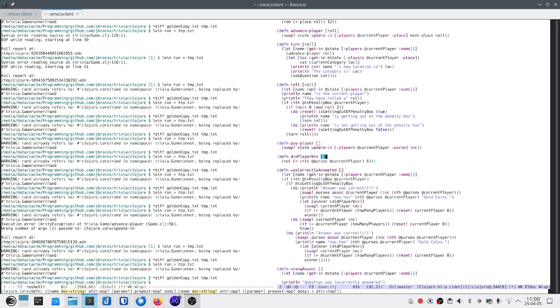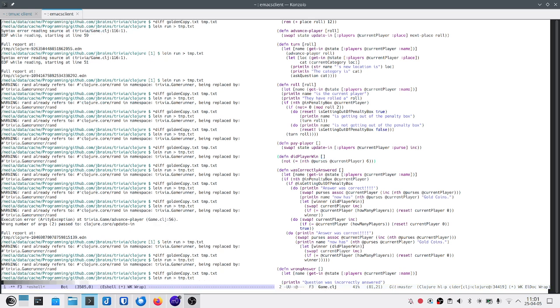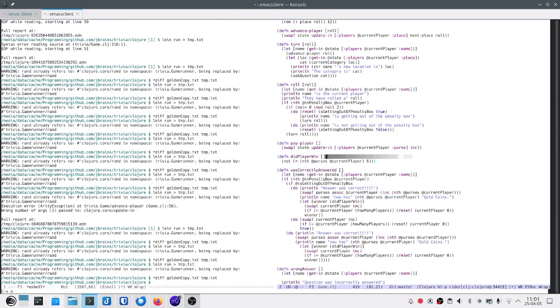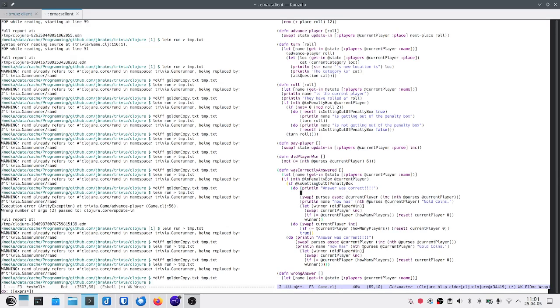And then did player win? We'll have to change that as well shortly. Let's see to check they didn't break anything here. Good. Did player win and pay player? Those are the two things we need to change. So that's where we get the money for the current player, and there are two of those.